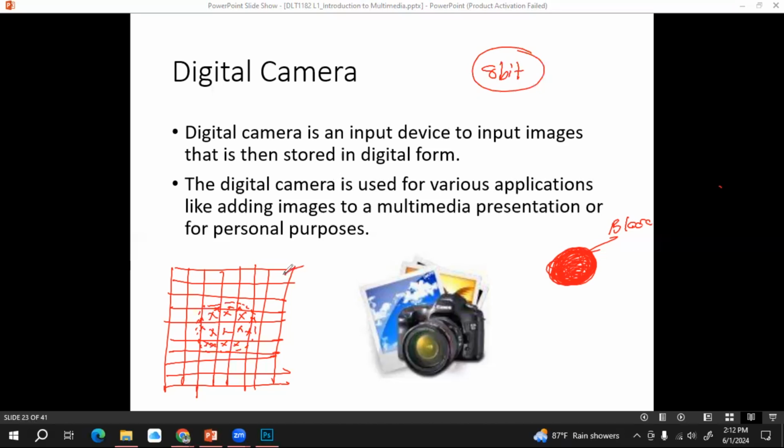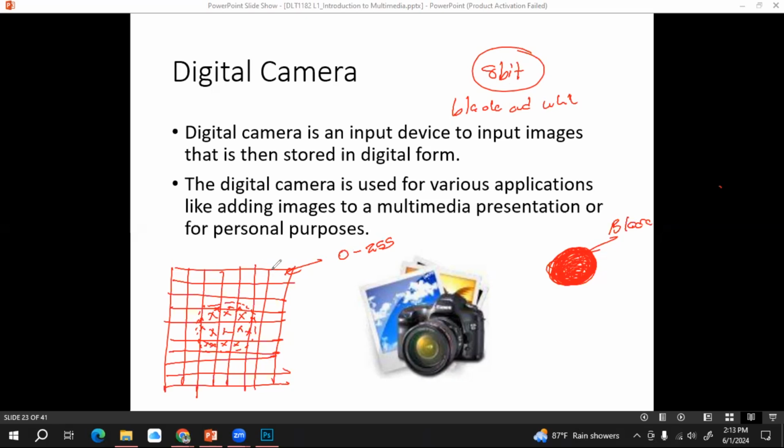These pixels can have values between 0 to 255, right? If this one is an 8-bit, black and white image, we call this one a grayscale image, right?